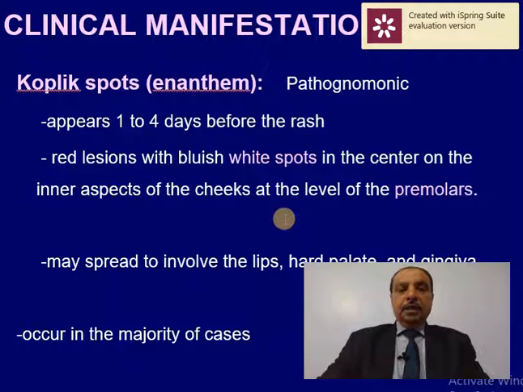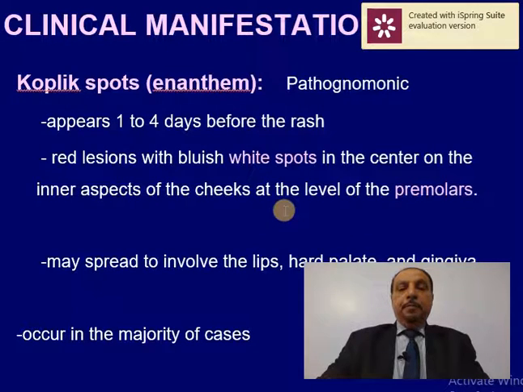So with the tongue depressor, you look at the cheeks from inside, and opposite the premolars, you will find that it is very congested and there are bluish white spots. These are the Koplik spots, which